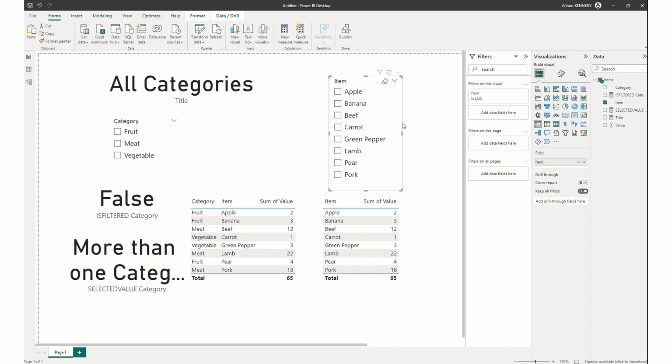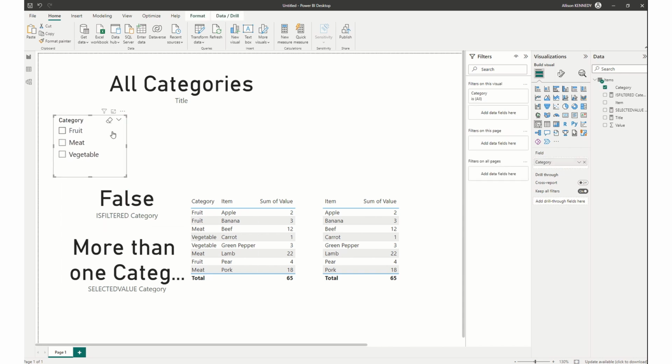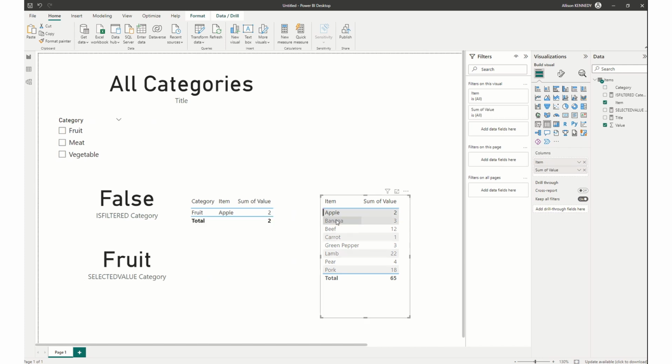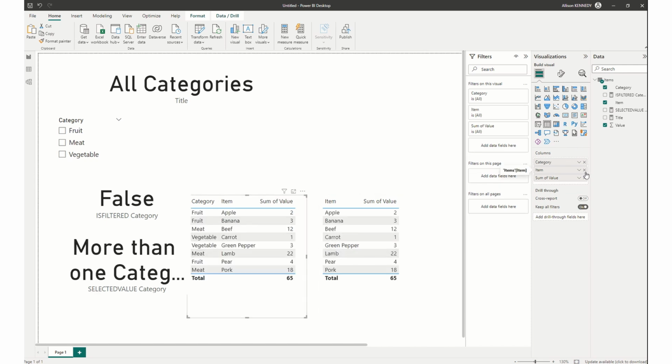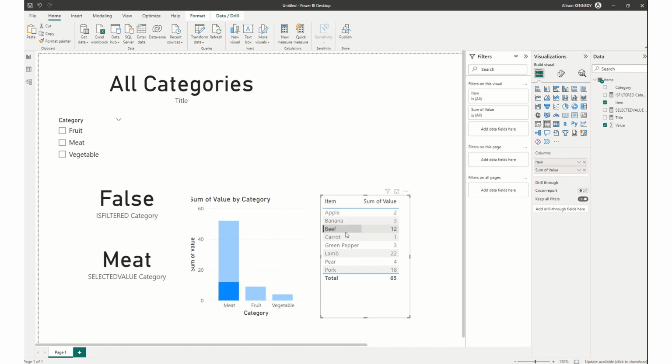And so what I'm going to do now is I'm going to get rid of my item slicer. I'm going to keep my category slicer, and I am going to enable my end users to select an item. And I'm going to change this visual here to get rid of the item and make it a bar chart. So now we can see there's some cross-highlighting going on when I select one of